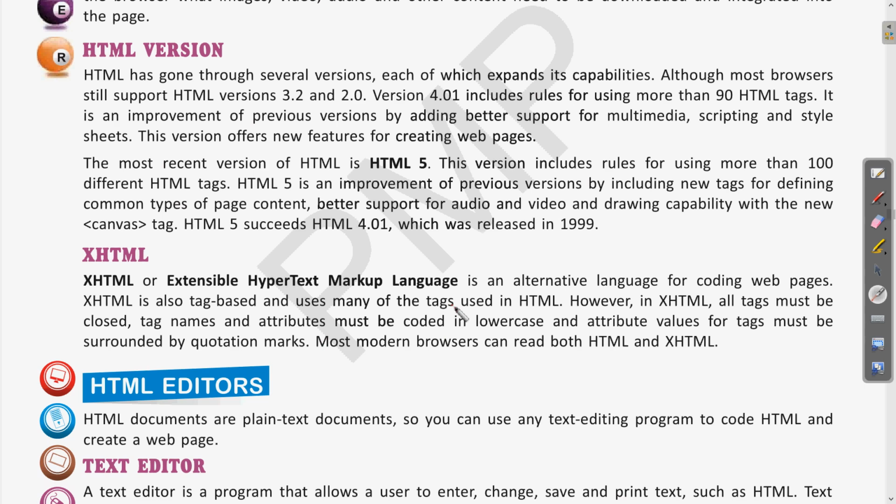So here we have some extra syntax. Whatever tags are written in HTML are required to be closed. The tag names and attributes are required to be written in lowercase, and the values for the tags are surrounded in quotation marks. This was also present in HTML as well.